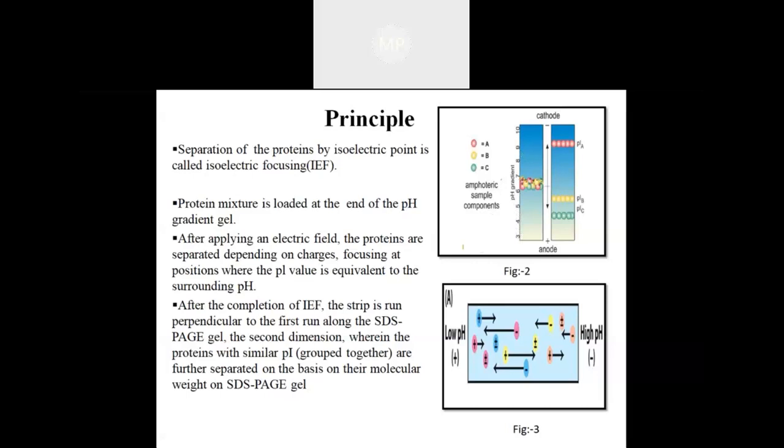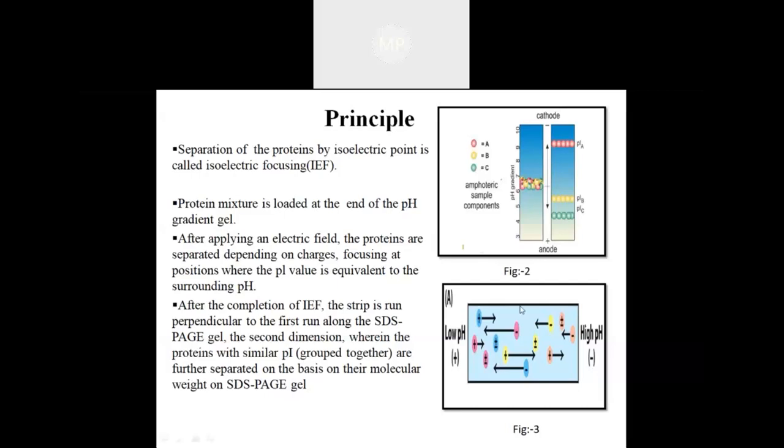Now in isoelectric focusing, what is going to happen after we load the sample? As we know, proteins are made up of amino acids, and amino acids are zwitterions, which means they carry both negative as well as positive charges. So the protein made up of amino acids also has an isoelectric point. When a protein reaches the zone of its pI, at that time, the protein is going to